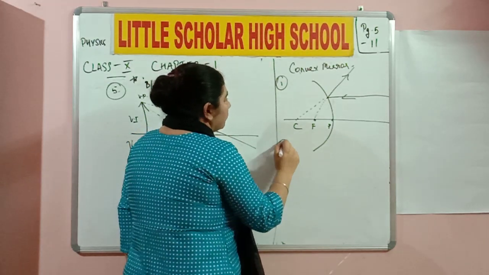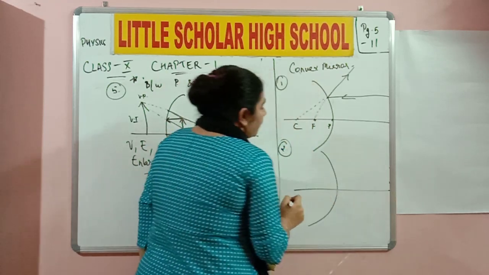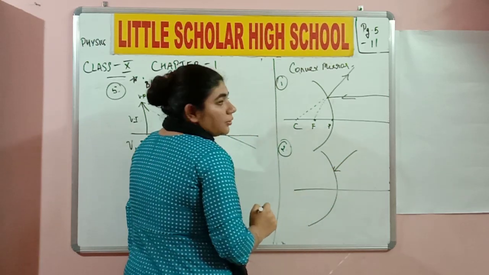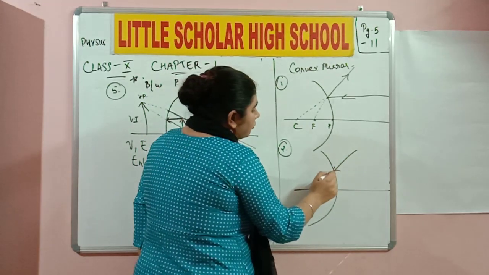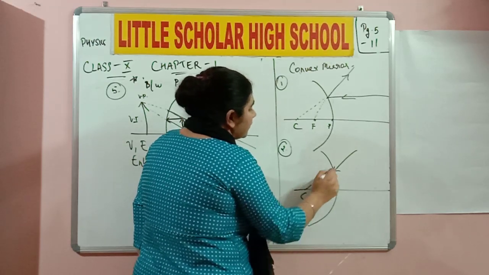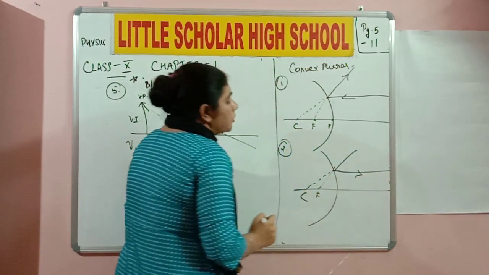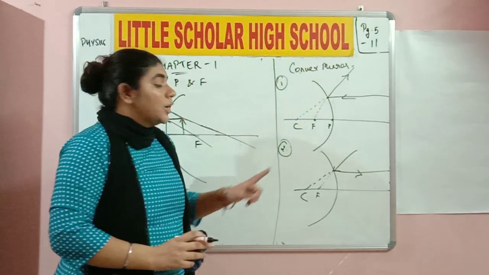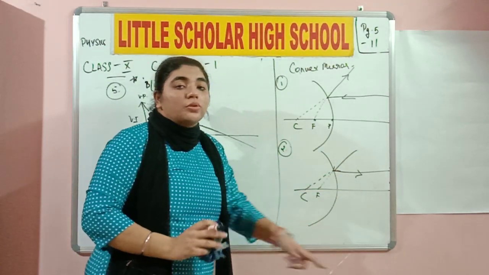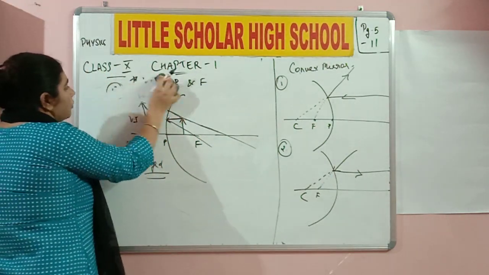Now rule number 2. It will be the converse of what you have just studied right now. Okay. So if there is an incident ray which is at a certain point, and if the incident ray is in the direction of the focus, the reflected ray is going to be parallel to the principal axis. I repeat it again. If the incident ray is in the direction of the focus, the reflected ray is parallel to the principal axis. Okay, now there is one last rule which I will draw over here.